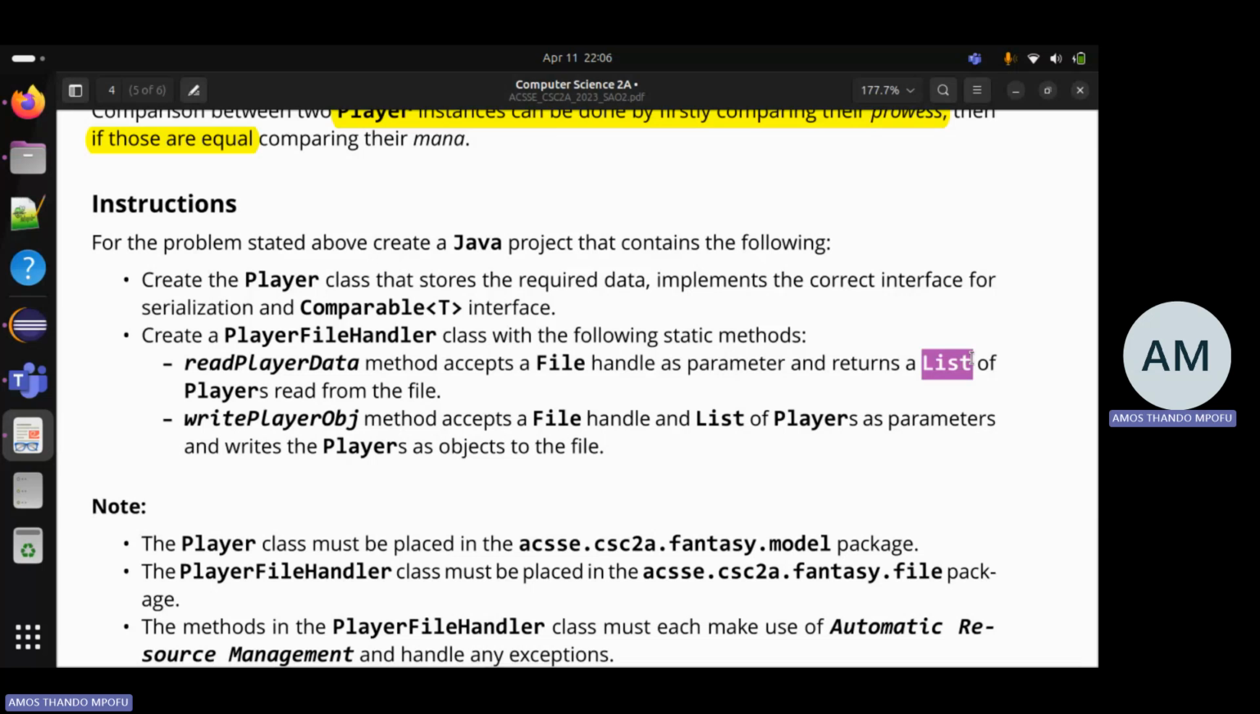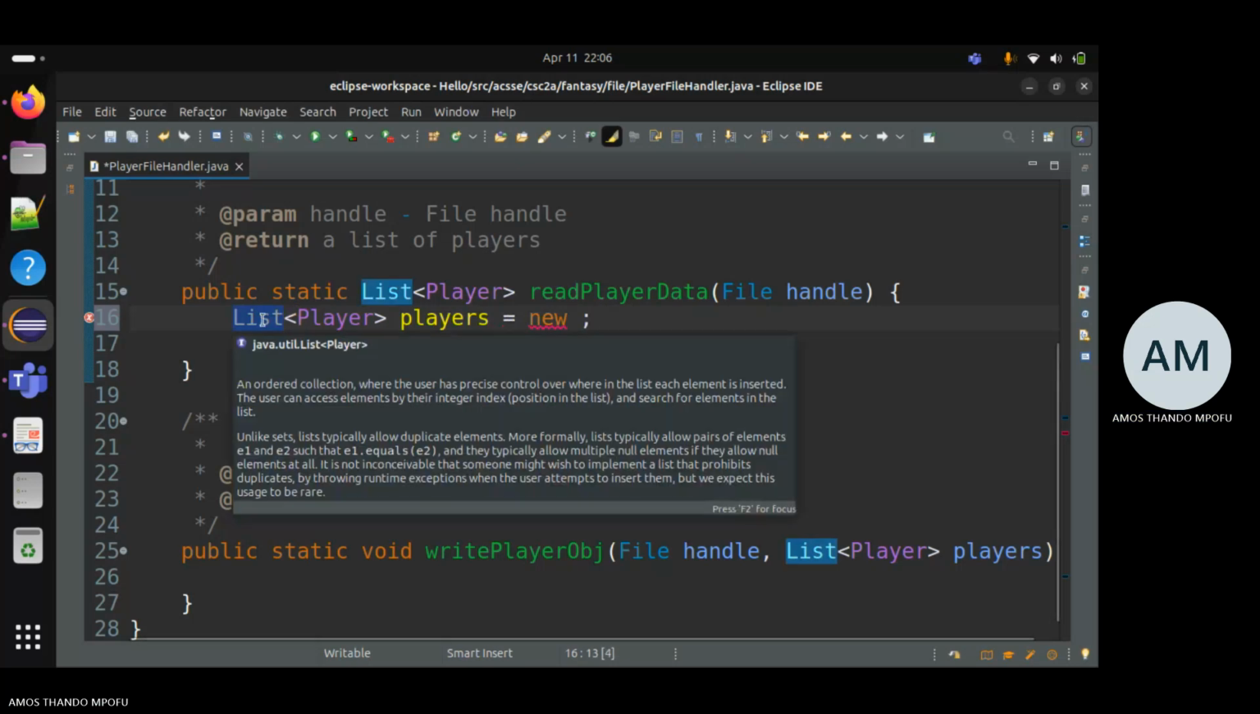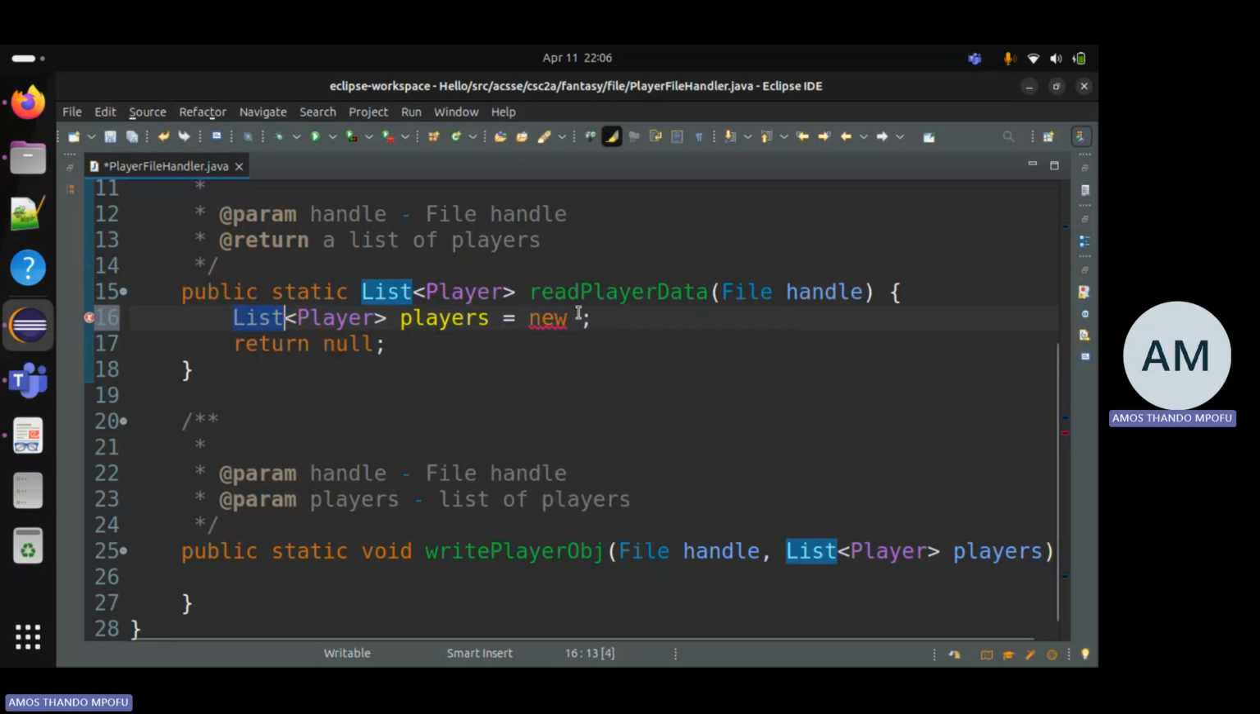They will tell you if they want an array list. I think I've been making that mistake of using array list, but yeah, you shouldn't use array list. They said list. And then you're gonna say new, instantiated. Remember, list is a class. You'd have to instantiate it. So I'm gonna say new list,